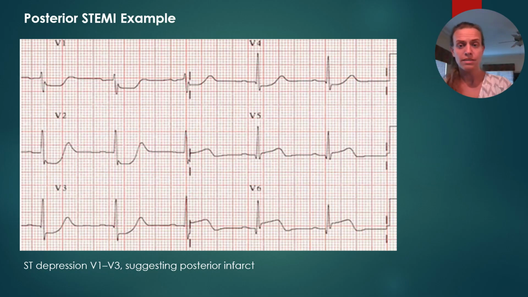Now, what we can do in this situation is take a posterior 12 lead. A lot of times people will also refer to that as a 15 lead. Okay, and how you do that is you take your leads, your 4, 5, and 6, and you move them around to the back of the patient and place them in those same locations, but on the back, to get V7, 8, and 9. And that's how you're going to, some of the time, identify whether it is actually a posterior MI. Because if you do that, you run a 15 lead, you run that posterior, and you see that elevation,